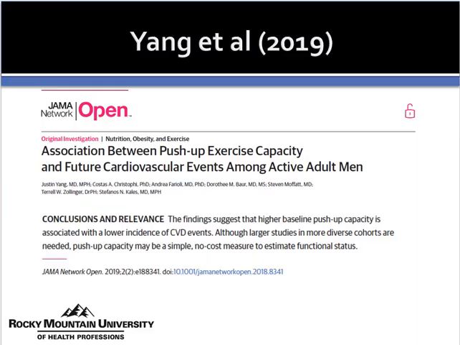So what do I mean by that, as I am kind of clunky as I make that explanation there? Well, in this study here, they looked at push-up exercise capacity and the risk of cardiovascular events among active adult men. And they found that higher baseline push-up capacity is associated with a lower incidence of cardiovascular